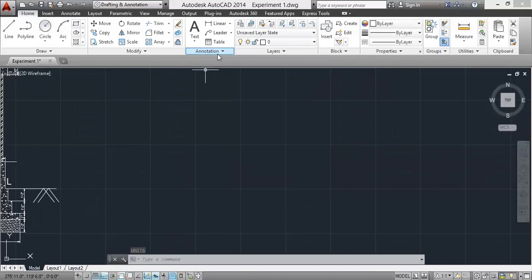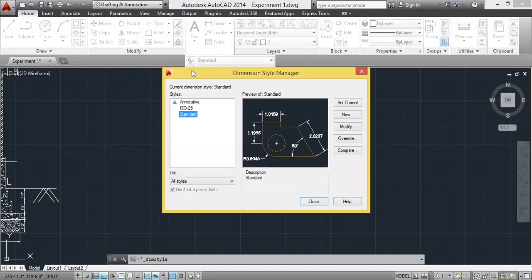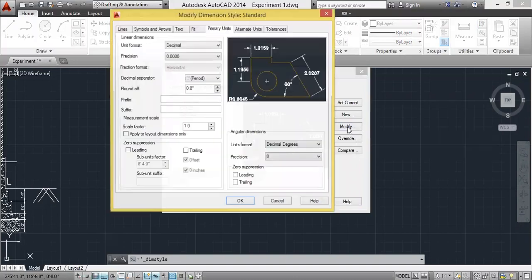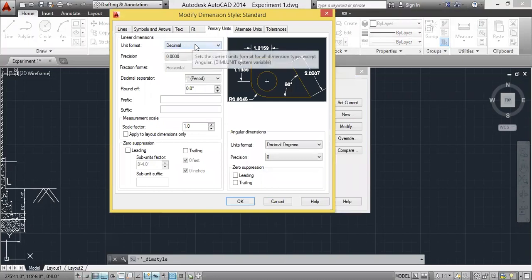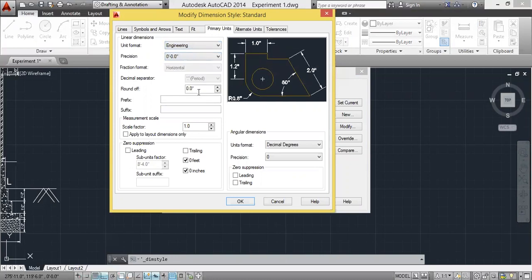Then you have to go to the annotation bar, click on it, click on standard units, then click on dimension style, then click on the modify command. Here set the primary units as unit format engineering, precision as 0 feet, 0.0 inch, then scale factor should be 1.0.